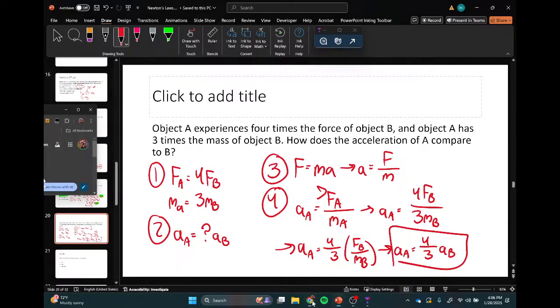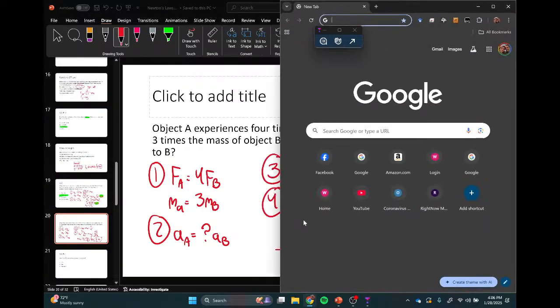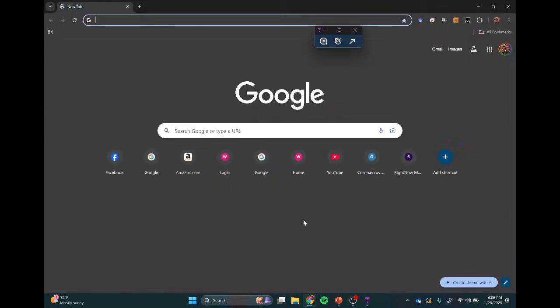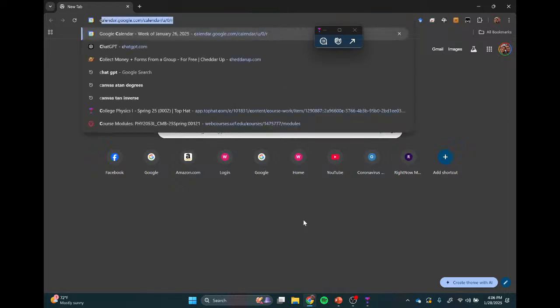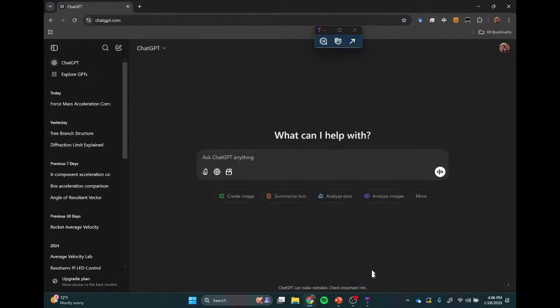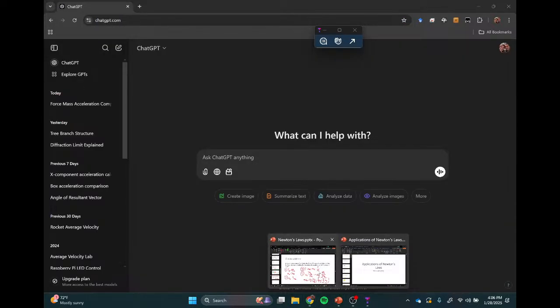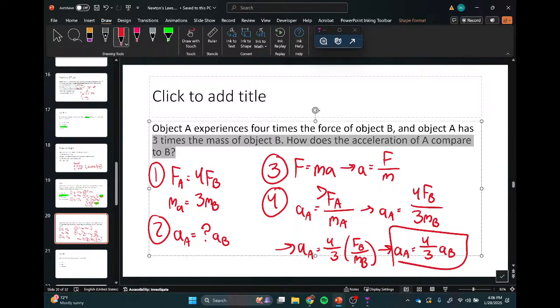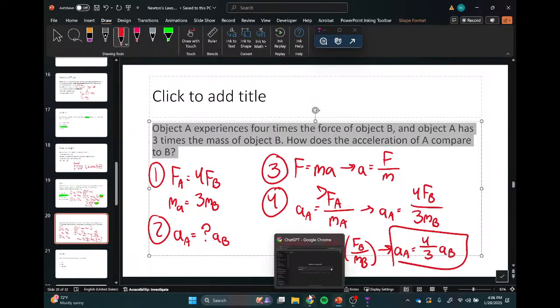AI has effectively read all of those various resources, and to that end, it can generate really specific things for you. When I use ChatGPT, it's almost like having a chat window with someone who knows the material really well. It doesn't mean they're going to do it perfectly, so always keep that in mind. AI is not perfect.